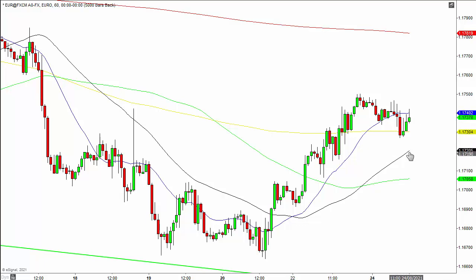And likewise, maybe the 50 down here might be a nice target if I did have a bearish view. So before I know it, I can be using different time frame moving averages, or different lengths of moving averages, on my chart. From a small length moving average right up to 200 period moving averages and even a 500 I've got up here, to then use them as support and resistance, and as price targets as well, both for profit taking when I'm in trades, but also for finding entries off as well. So there's actually quite a lot you can do with them.